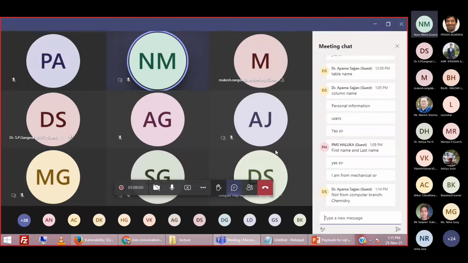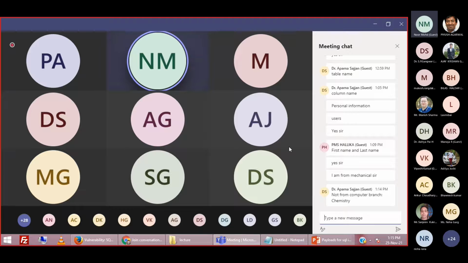Okay. I was expecting that this course on cyber security would have participants from computer science or electronics, because then you can understand the basic details, ma'am, but maybe you are not very comfortable with the SQL queries and the details, right?